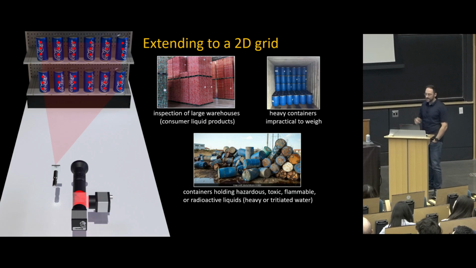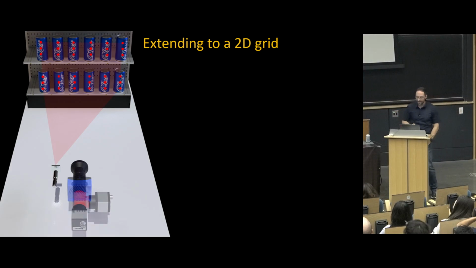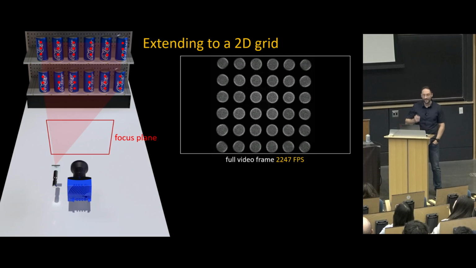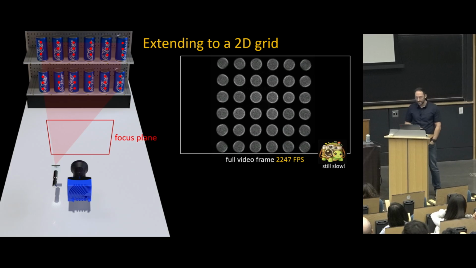So for this paper, we had to invent a new speckle vibrometry camera, where the key hardware innovation is that we go from one-dimensional sensing into 2D. So how does this camera work? Well, we use a slightly faster camera to image this entire 2D grid. And at full frame resolution, the camera is still too slow, okay?